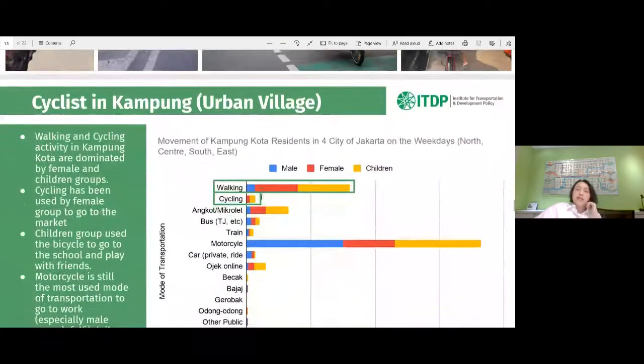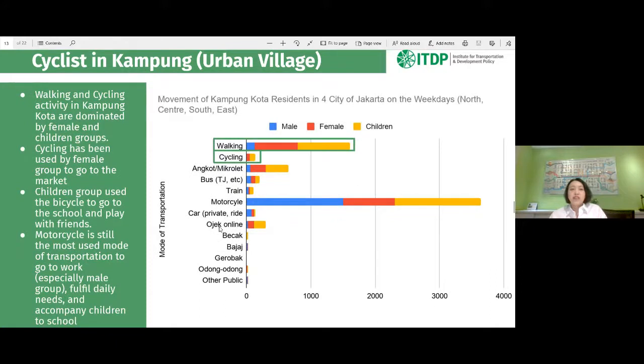So this is actually what we found in urban villages, Kampung Kota, the residents of Kampung Kota in the city of Jakarta. Walking and cycling activity in Kampung Kota, or urban villages, is dominated by female and children groups.